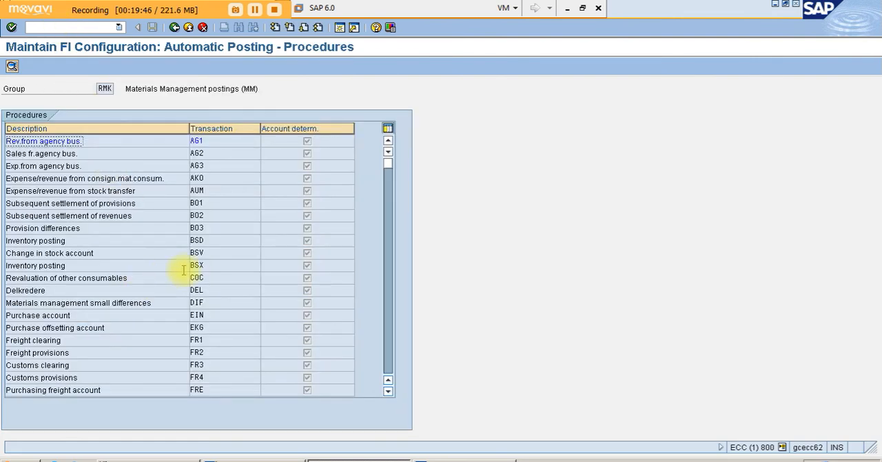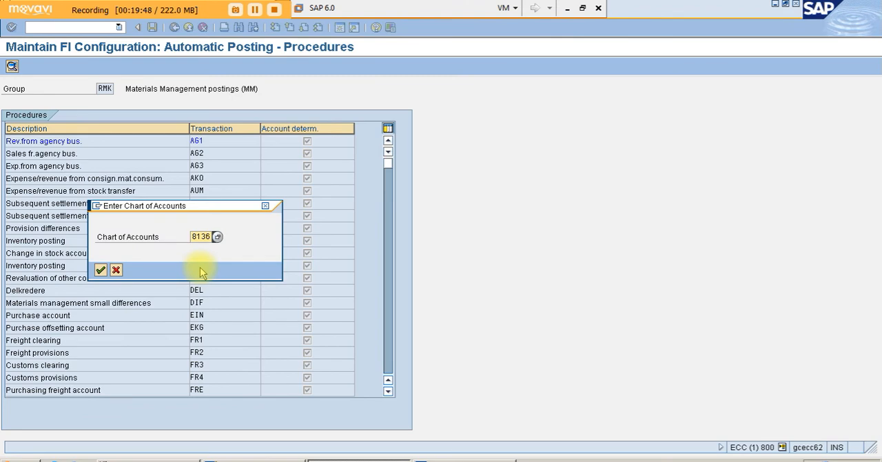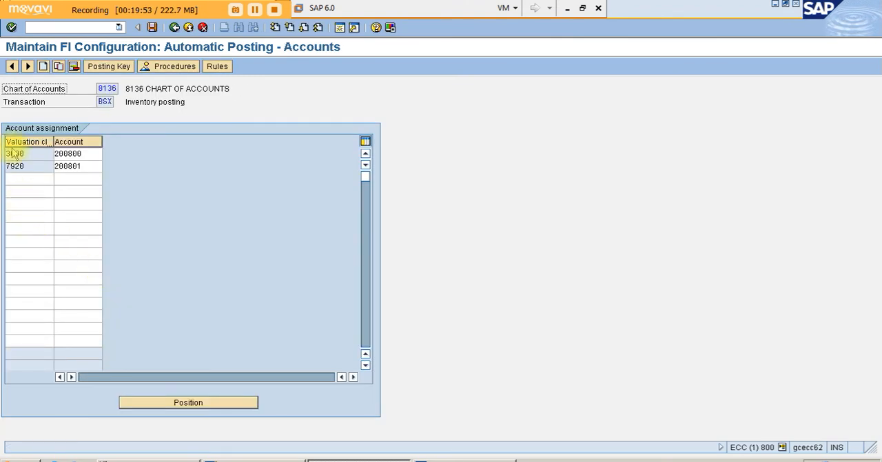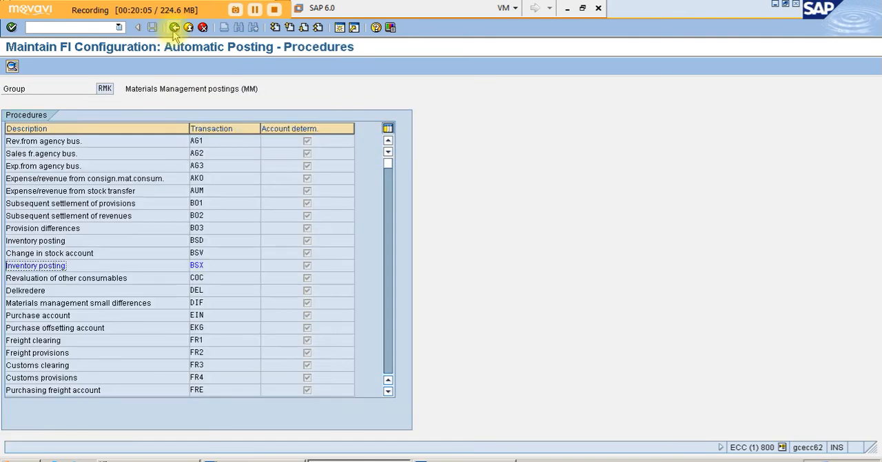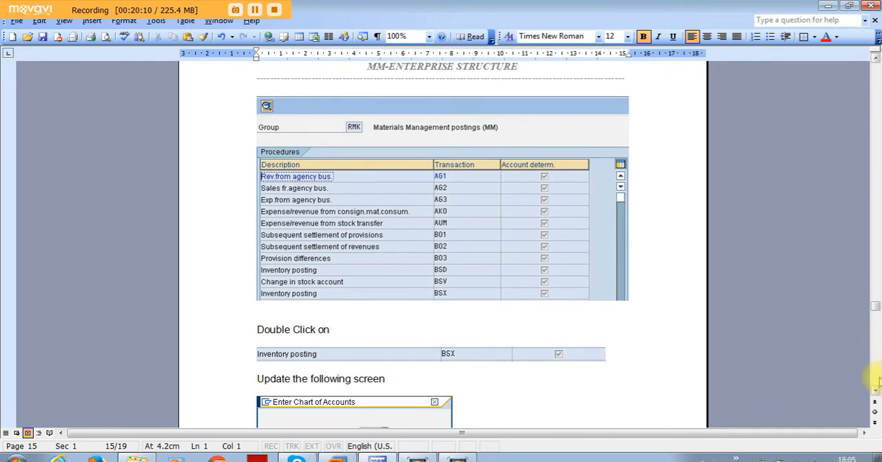So double click on inventory posting, that is BSX. Okay, click the chart of accounts. Now the raw material, the valuation class is 3000. For that 200 800 you have to give a link which we have created. Just now I showed you how you need to create that. Now after BSX,